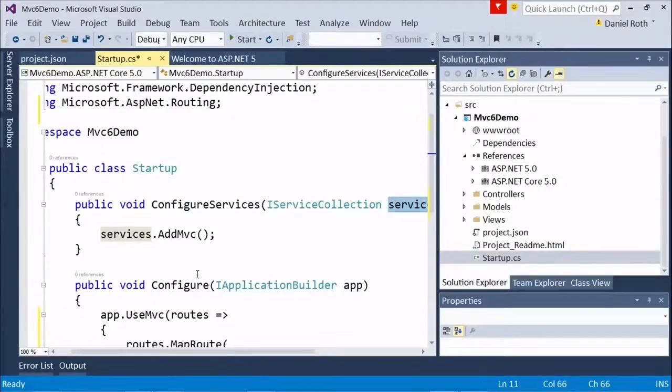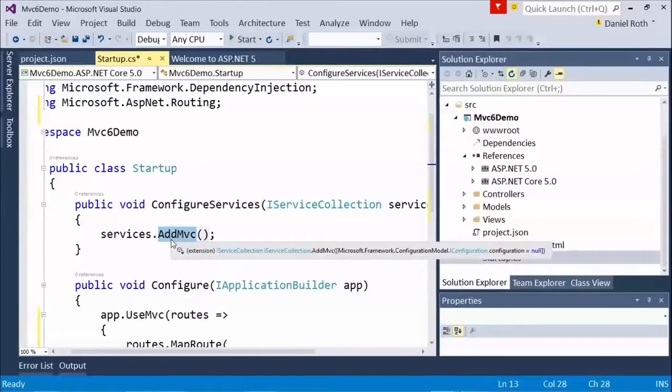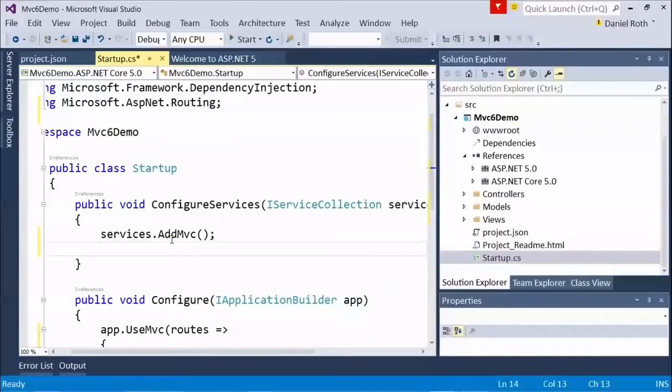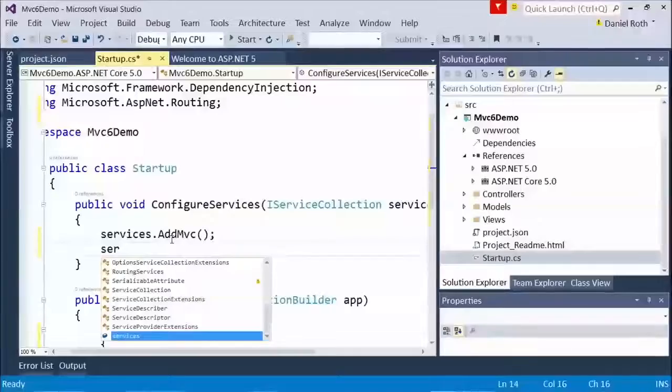All right. So MVC has a bunch of services that MVC itself expects to get injected, and it needs to make those available through the dependency injection system. So that's what AddMvc is doing. So all the default services that MVC uses, you add here by just saying AddMvc. You can also do configuration here of the MVC options, like how you want it to do certain things. And you do that by saying